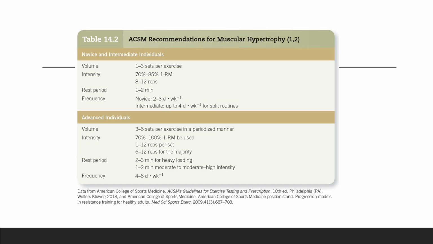For more advanced individuals, they can do 3 to 6 sets with 70 to 100% of the 1RM. Typically, the intensity would be 1 to 12 repetitions per set, or 6 to 12 reps for the majority. For the rest period, with heavy loading you're going to do about 2 to 3 minutes, and about 1 to 2 minutes if it's a moderate to high intensity. Typically, this would be about 4 to 6 days per week for those preparing for sport, either recreationally or